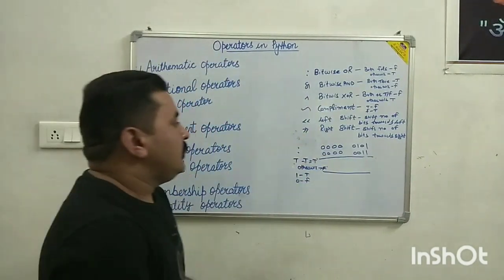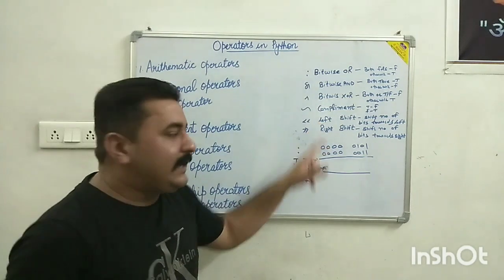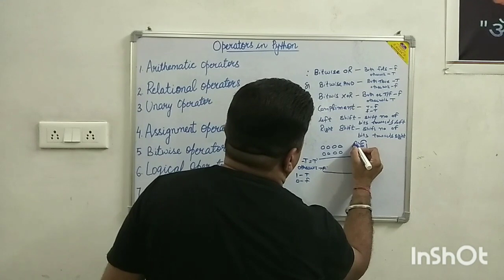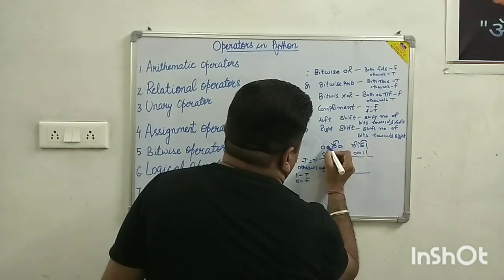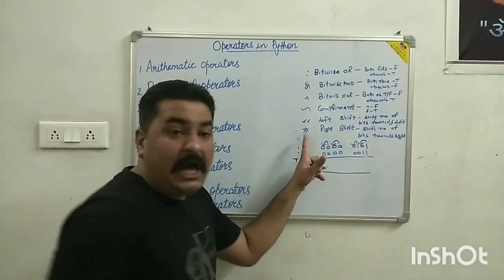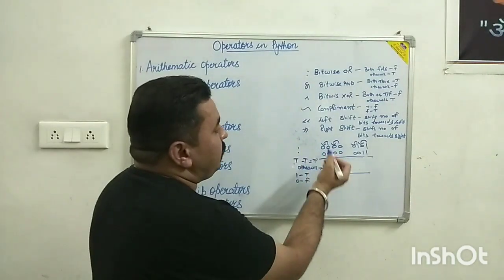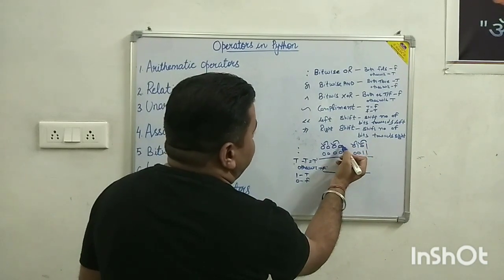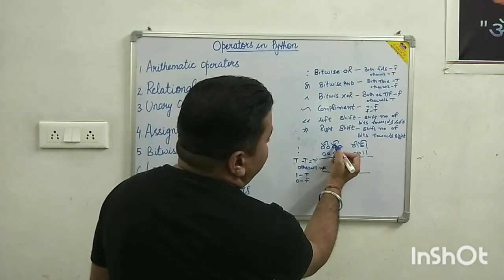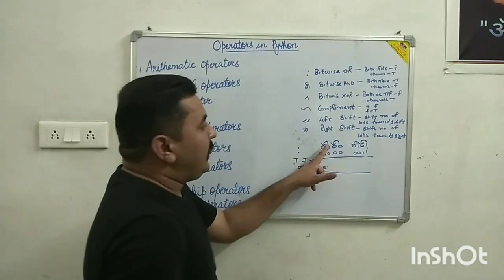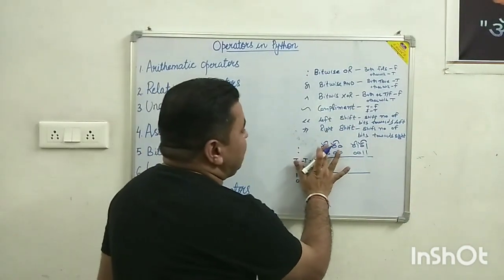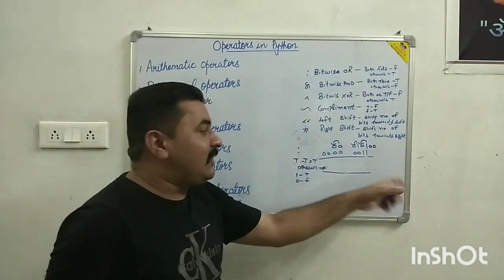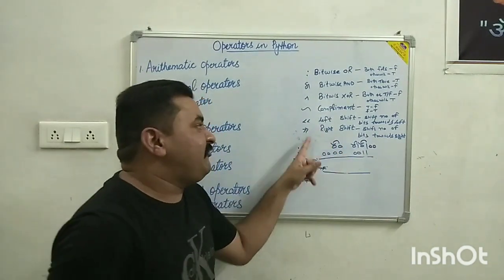And next comes the left shift operator. Left shift operator means we are shifting the bits of the variable to the left. In this left shift, the first bits are shifted out, and the remaining values move left. In the last left shift, the two leftmost bits are removed, and instead we add two bits on the right-hand side. So this is the left shift operator.